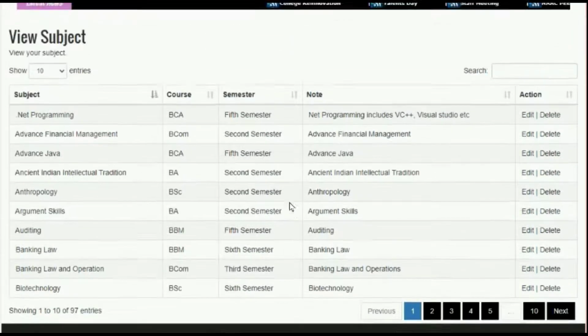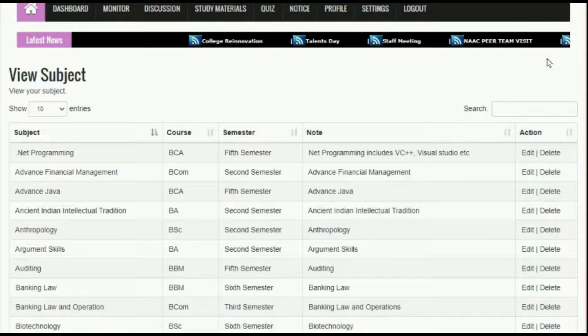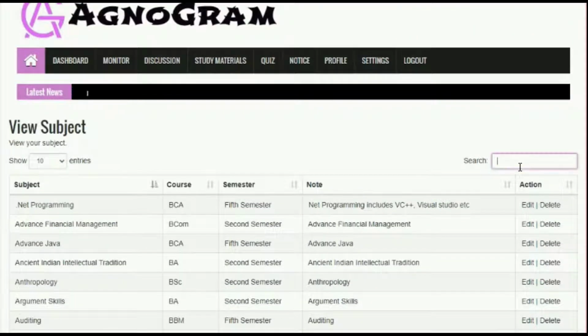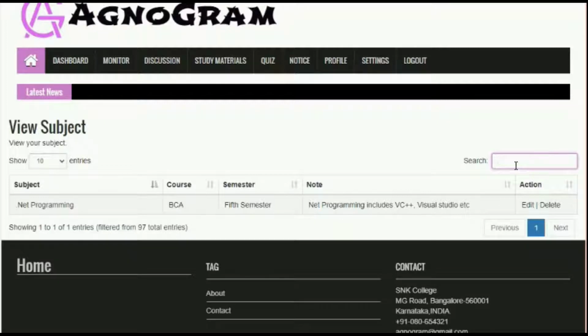All the subjects can be viewed under View Subject. They can also be edited or deleted. There is also a search button to view the subjects.